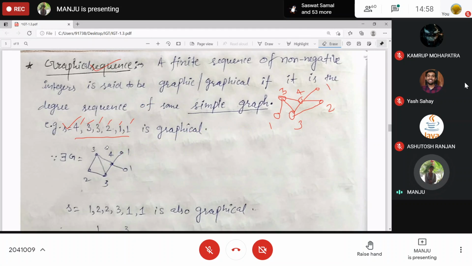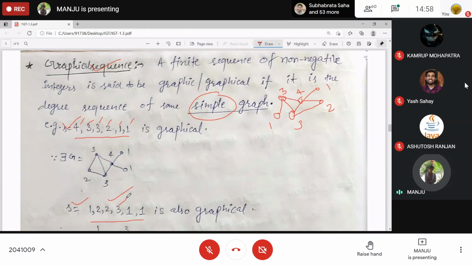Adjacency is not satisfying. Anyways, find a graph corresponding to this sequence. This is also graphical, meaning there exists one graph. There exists at least one simple graph. Again, 6 vertices are there, right?